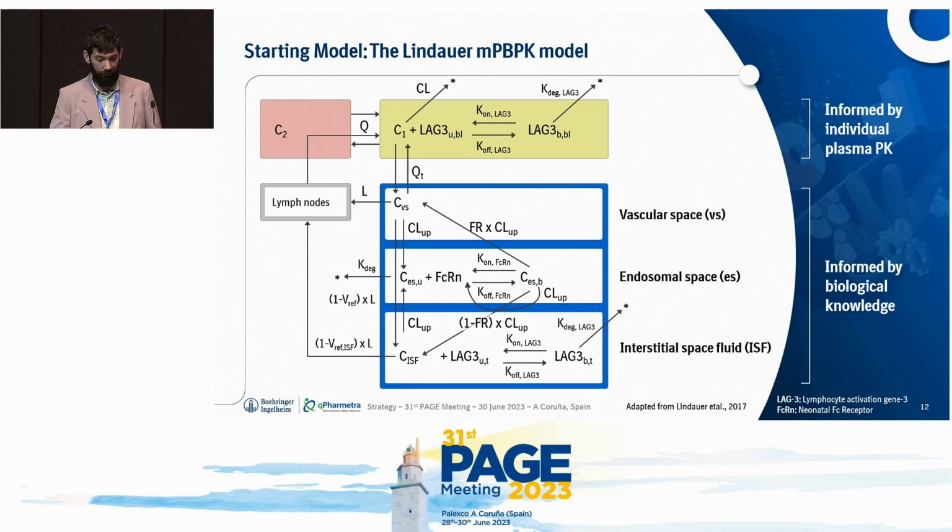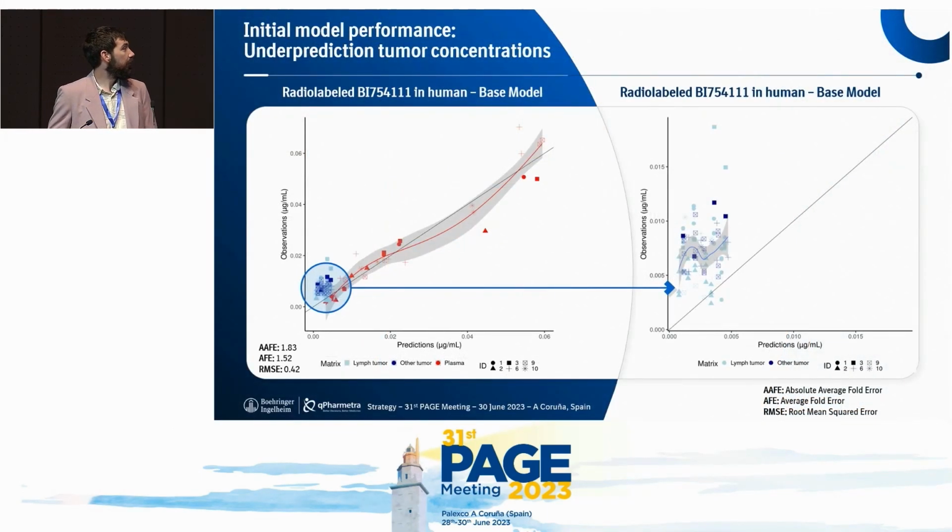So this model was already put in literature before, parameterized on different compounds, and we tried to see what happens if we use our transformed radioactive concentrations and try to predict them with this model. And that's what I try to show here. Of course, for the plasma, which is depicted in red, this model works fine. It's driven by the individual PK we have in our study, so it makes sense that these data are described well by this model. However, the tumor concentrations, which are here a priori predictions, are under-predicted.